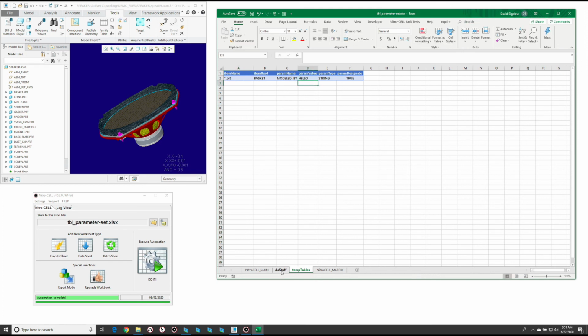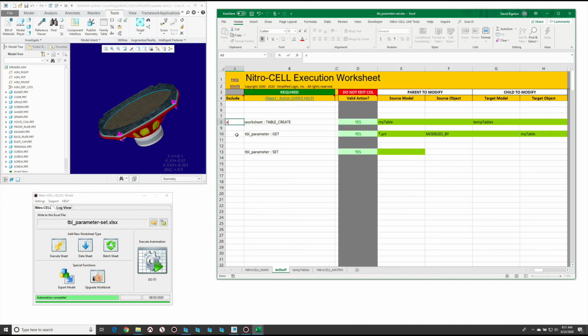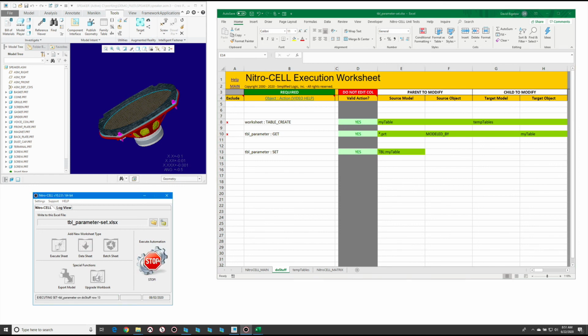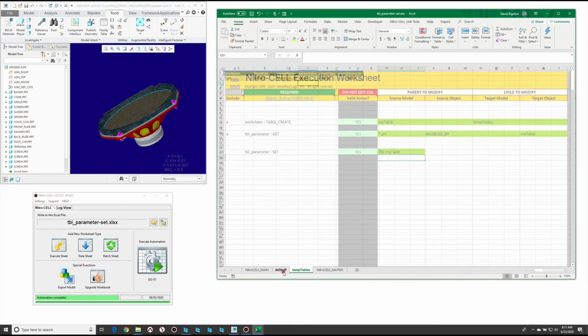Okay, so when we press this now, these two functions would overwrite that data that's already there. So we're going to comment that out. And now we just need to put in the TBL my table name for the table to be modified. And when we press the do it button, you'll notice that it has switched over, read that table, and then